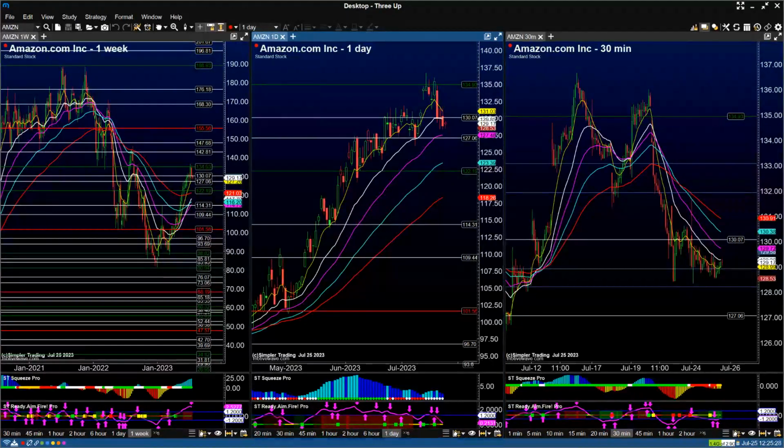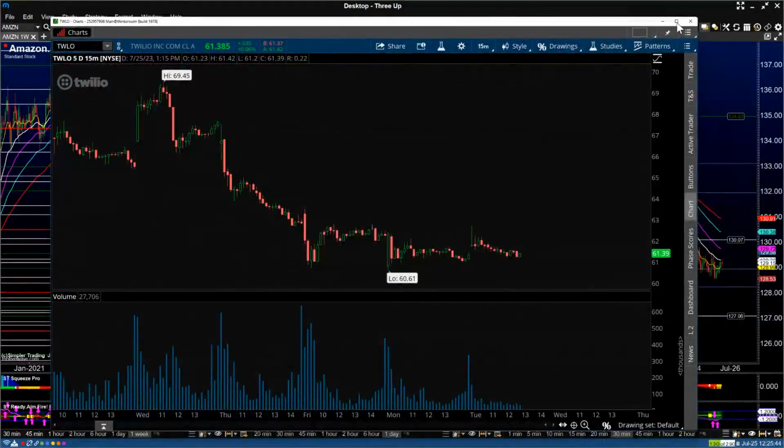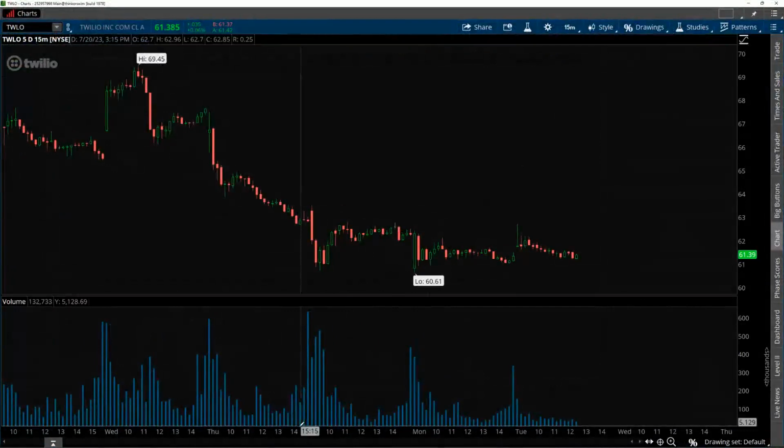One second, and we'll have TOS going. So look, for an Elliott wave chart, you can do Elliott wave work on